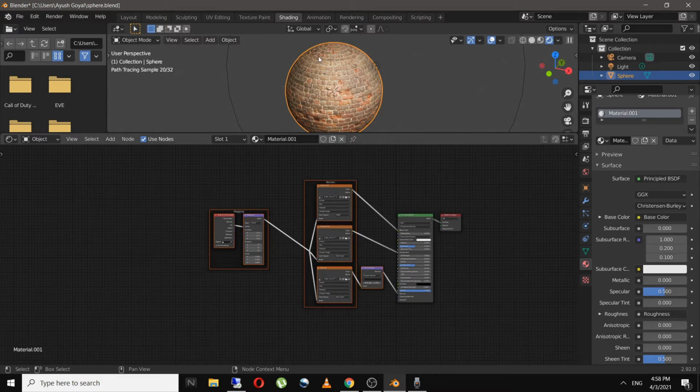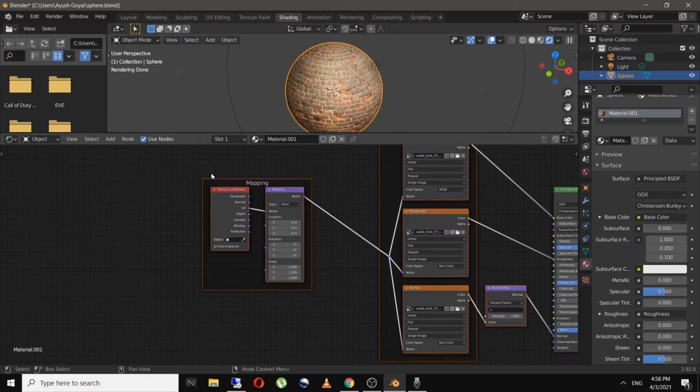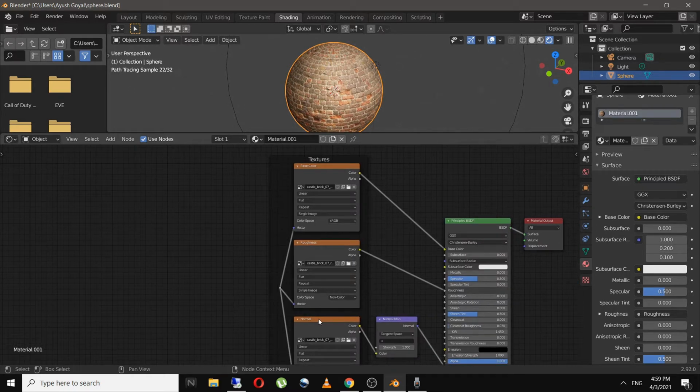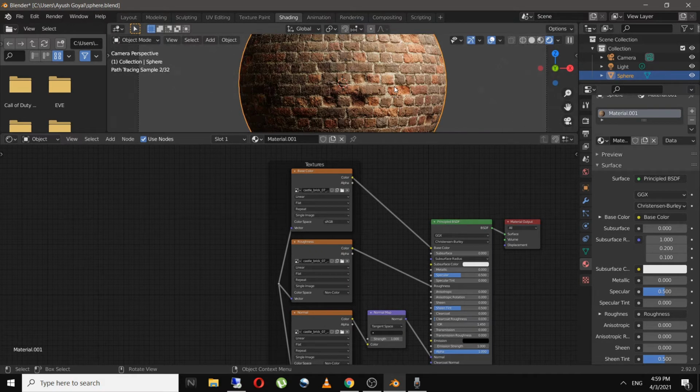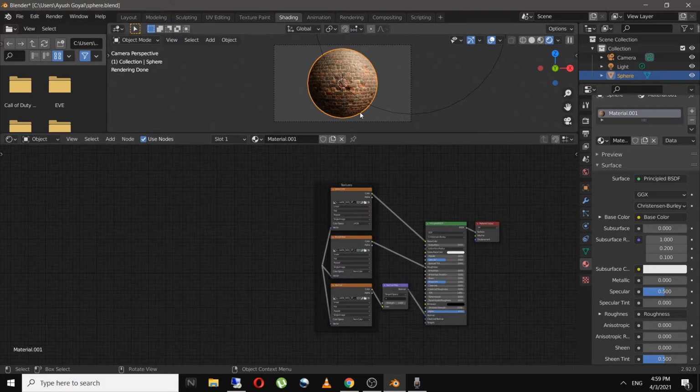So this will automatically add in the texture and it will save a lot of time. I will discuss the texture coordinate and mapping later. For now, I will just delete this. And this is how our model looks, which is pretty good.